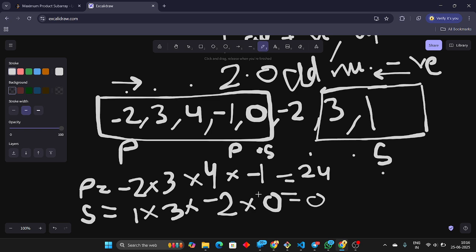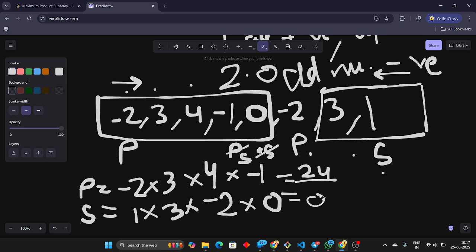So we will take the maximum of this prefix and suffix, and we will keep moving the pointers forward. Like s will come here and p will come here,